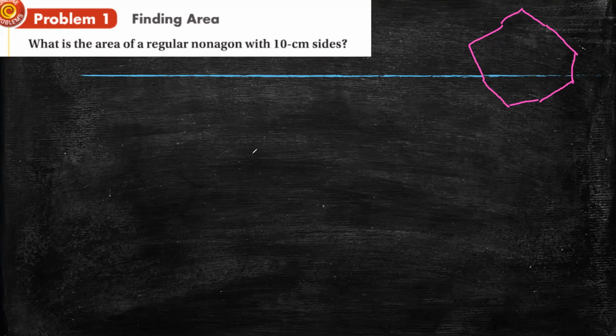With 10 centimeter sides, so the length of each side here is 10 centimeters. We are asked to find the area. I think we solved one like it. So here now we have